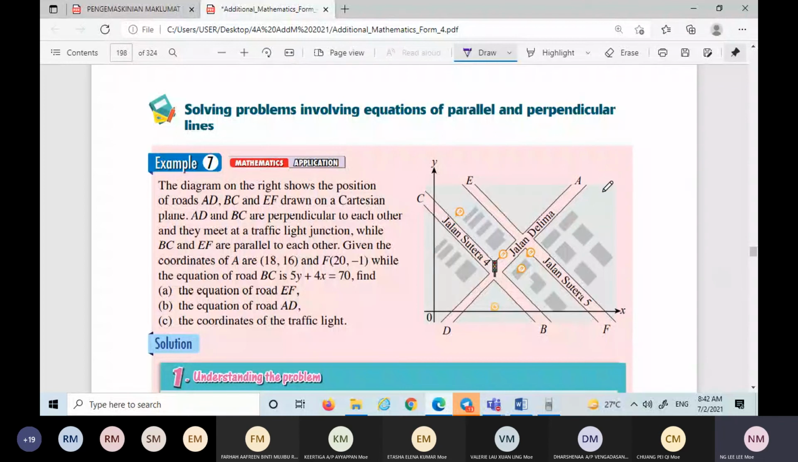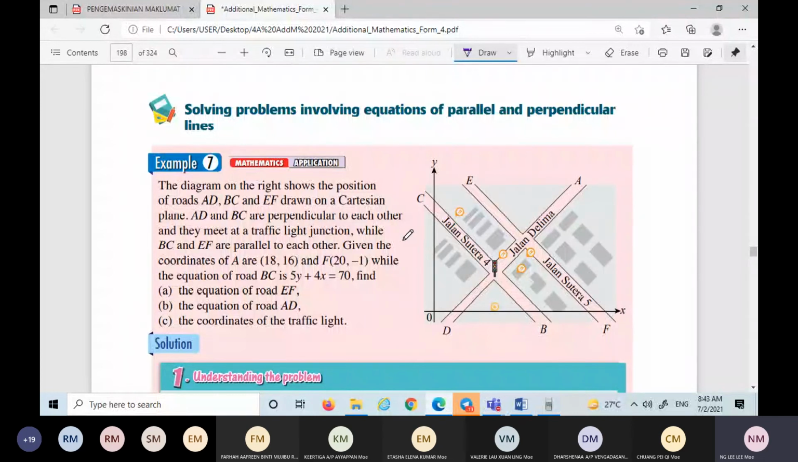Okay, you have a root ADBC and then EF. ADBC are perpendicular to each other. They meet at the traffic light junction. BC and EF are parallel to each other. If BC and EF are parallel, and BC is parallel to AD, actually EF will also be parallel to AD. But I think